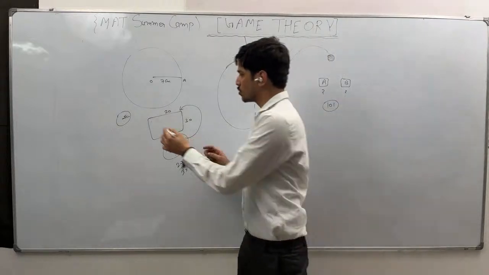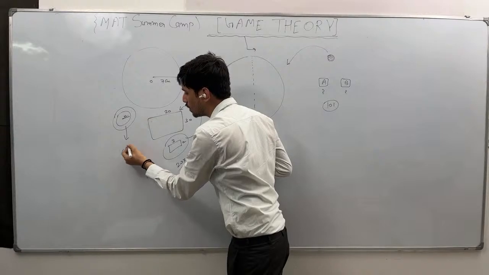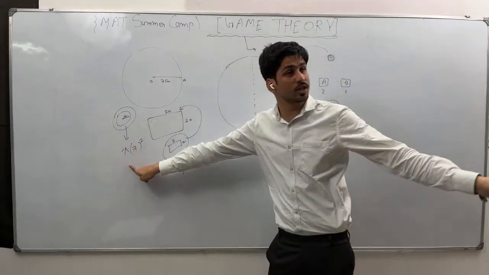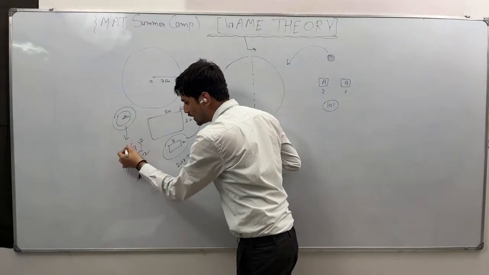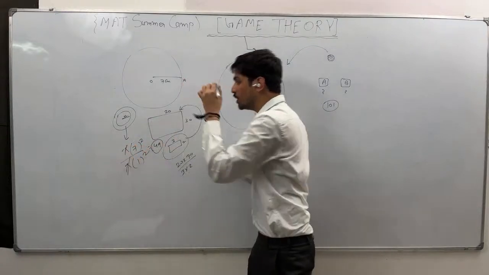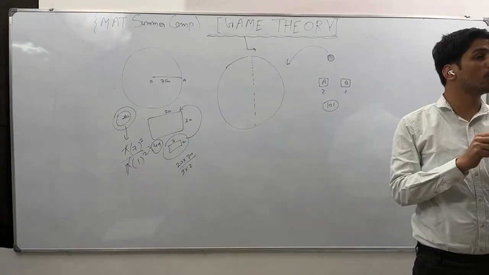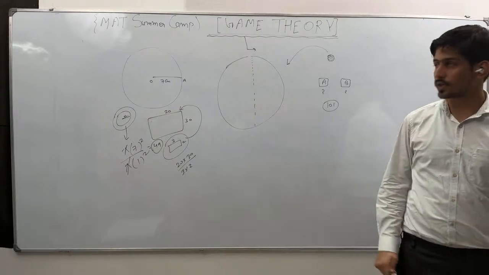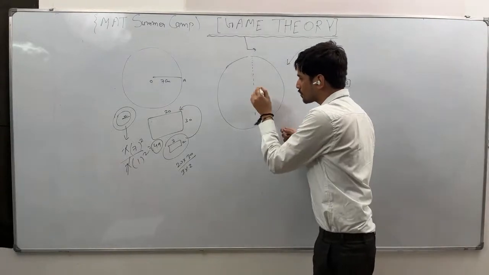Sorry, not all 100, which means whatever the number of coins, if you apply the formula pi r square, right? Pi times 7 square over pi times 1 square. So the pi will get cancelled, so 49. So according to you, the 49 coins should fit inside the circle, but 49 coins won't fit. Are you getting my point? In a similar way, let's consider this one.